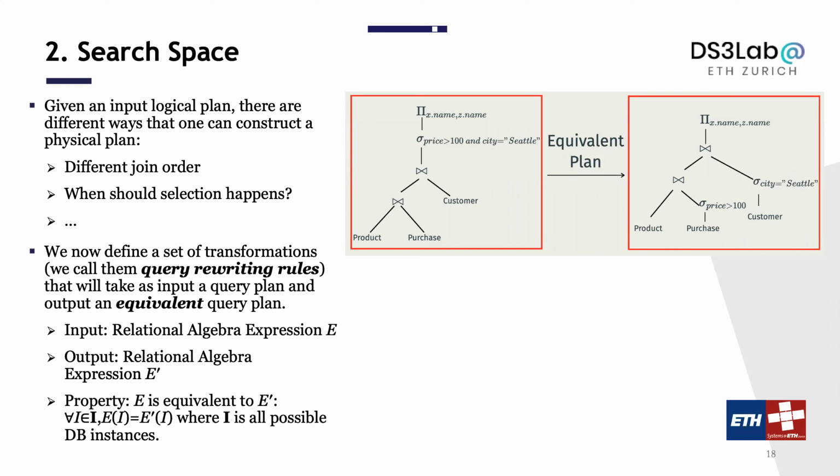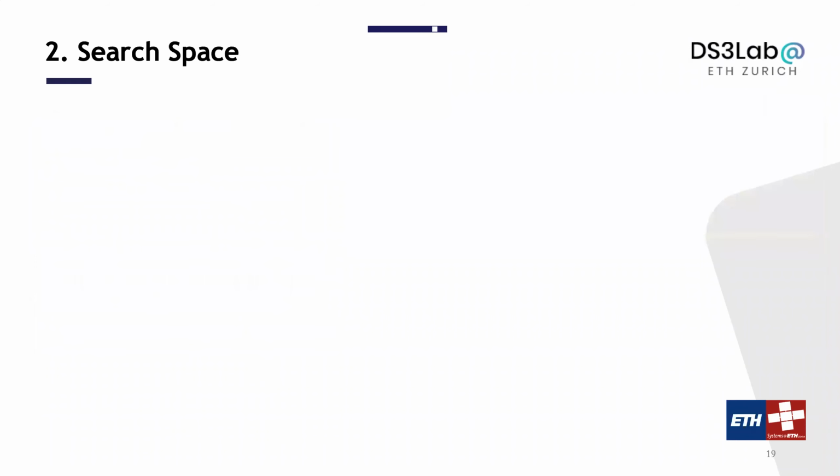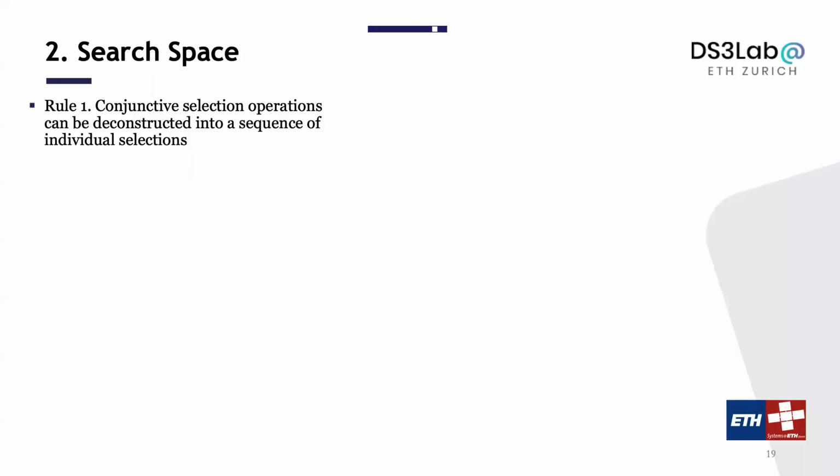So now let's talk about a little bit of this. Let's define this set of transformations. One transformation that we could potentially have is that conjunctive selection operators can be deconstructed into a sequence of individual selections. For example,